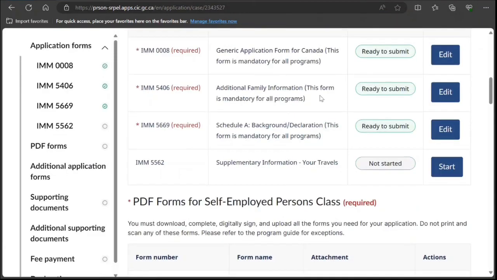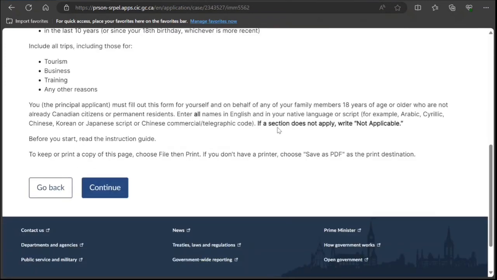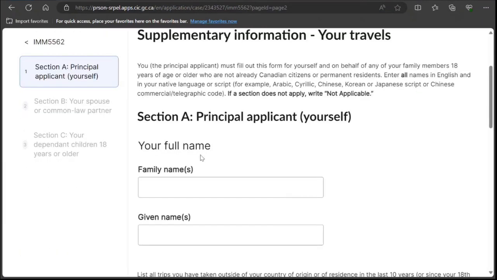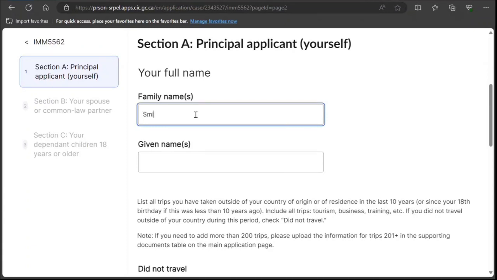We are now going back. Coming here, we are done with these three. This 5562 was part of the checklist. Again, if a section does not apply, write not applicable, and they have asked in native and other two. Principal applicant. So we'll put Smith